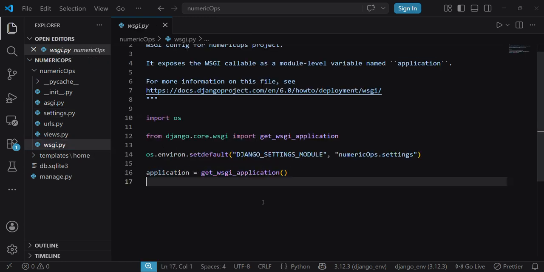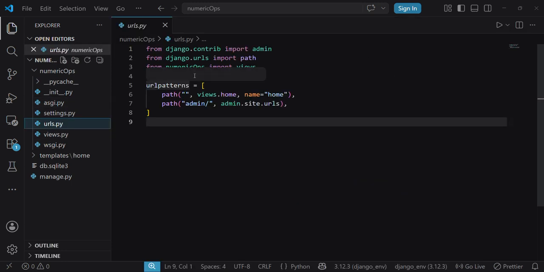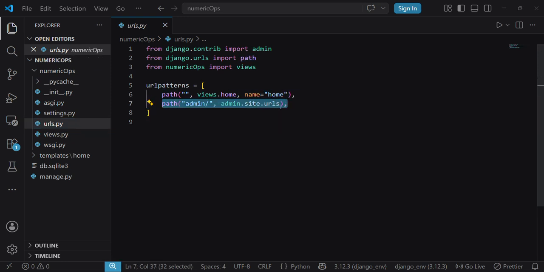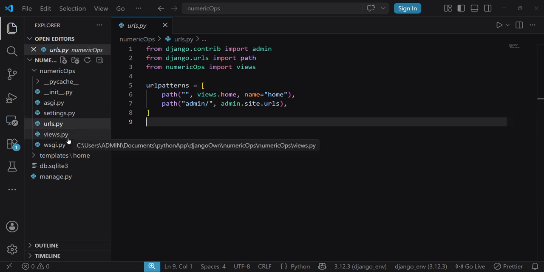Basically, we will not talk about wsgi.py. It is the gateway for entering the Django project. If I close this and go to urls.py, you will see the admin part, which is provided by default by the Django project during creation. But I have manually written this, because whatever URL comes here will map to the home function present inside views.py,